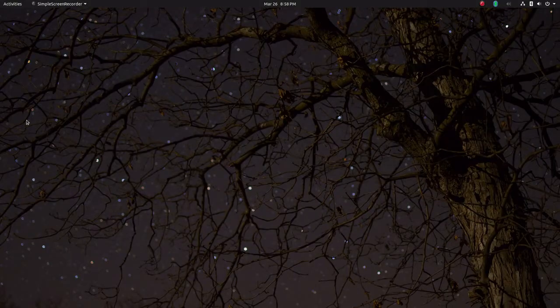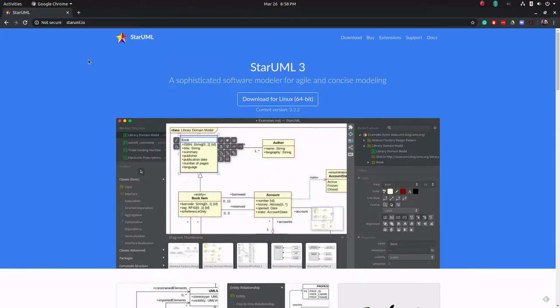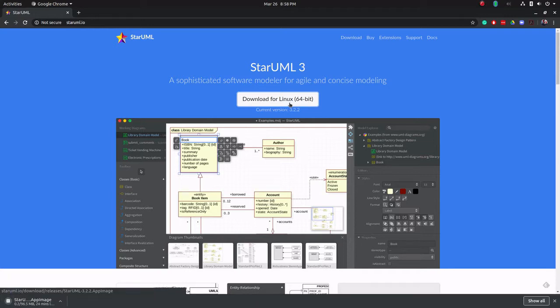Alright, so the first thing that we're going to do is boot up whatever web browser you like to use and go to staruml.io. So I've already got it here for you. starUML3 is the preferred software for a lot of people who are using UML. So we're going to go ahead and download this. I'm going to download it for Linux because I'm on a Linux machine, but you can download it on your versions. I believe there is a version for both Mac and Windows. So